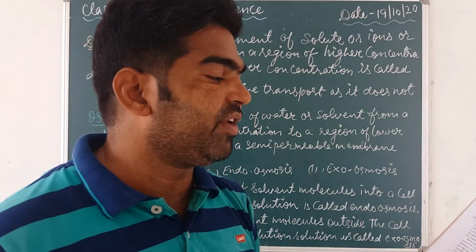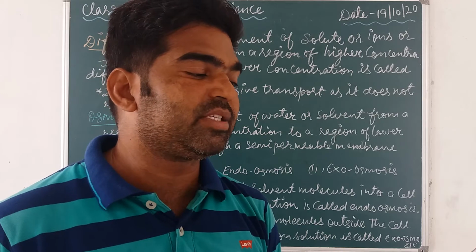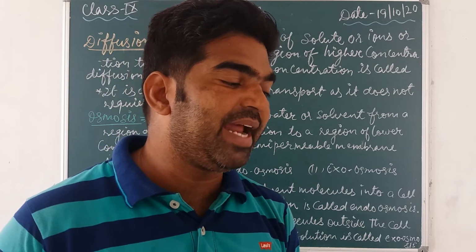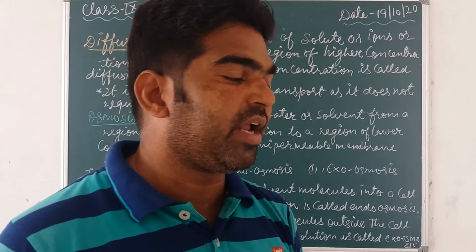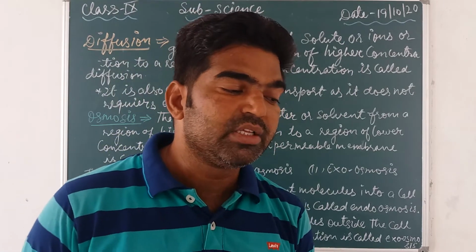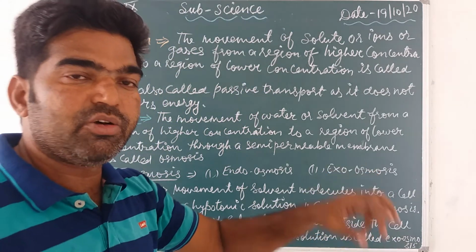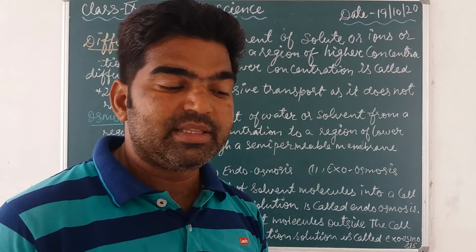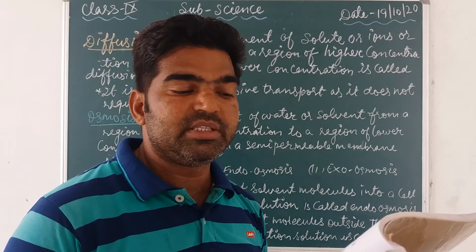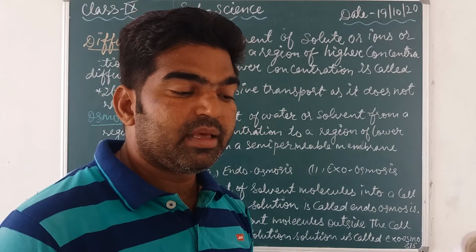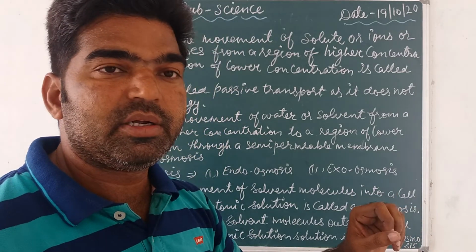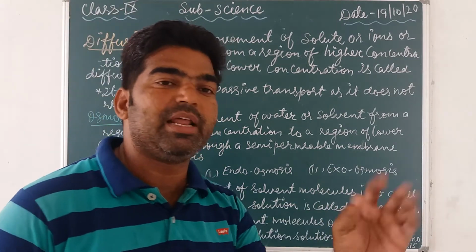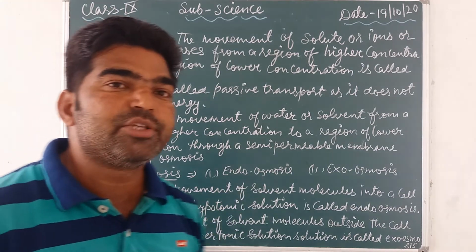So water molecules are free to pass across the cell membrane in both directions, but more water will come into the cell than will leave. The net overall result is that the water enters the cell and the cell is likely to swell up. Means if we place the cell into the hypotonic solution, so what happens? The net result is that the water enters the cell, यानी पानी जो है वो सेल के अंदर ज़्यादा आएगा तो वो स्वेल अप नॉर्मली कर जाएगा.